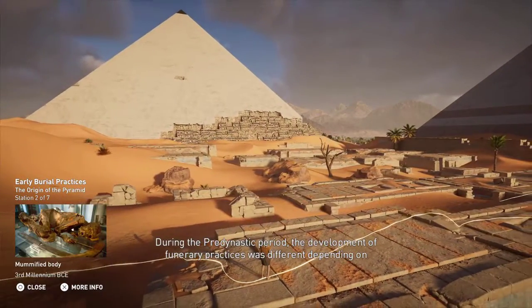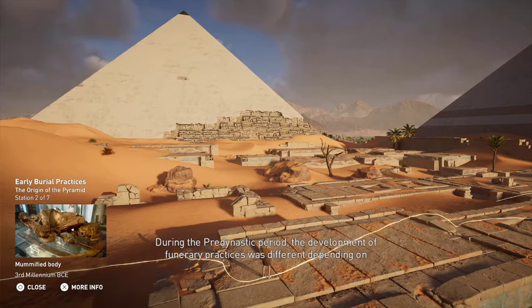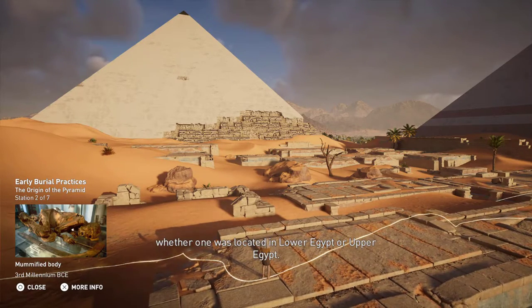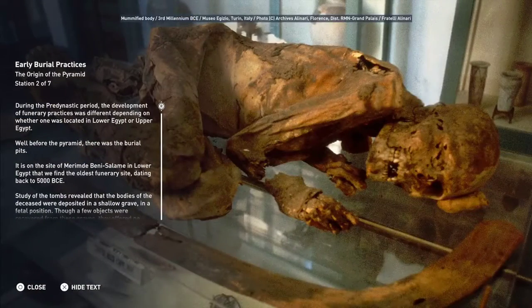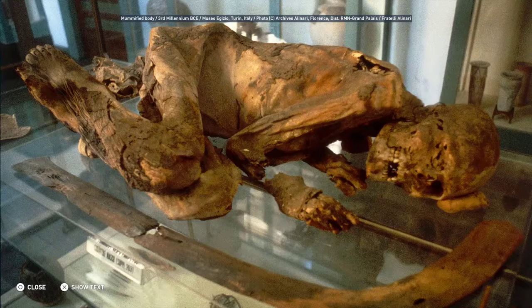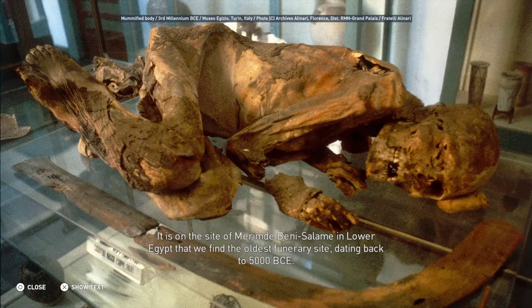During the pre-dynastic period, the development of funerary practices was different, depending on whether one was located in Lower Egypt or Upper Egypt. Well before the pyramid, there were burial pits. It is on the site of Merimde Beni Salameh in Lower Egypt that we find the oldest funerary site, dating